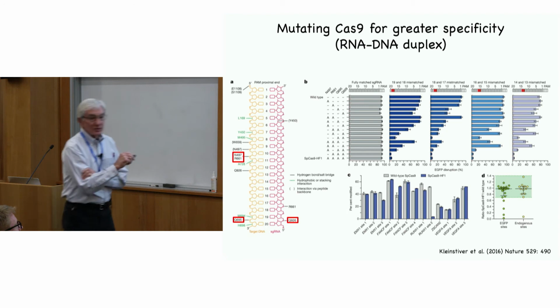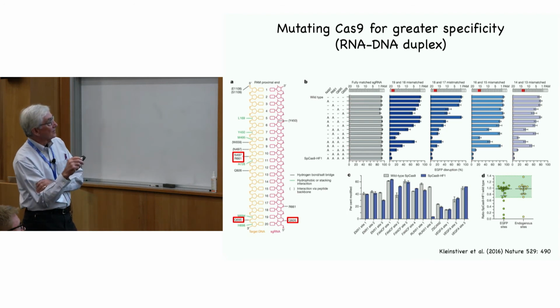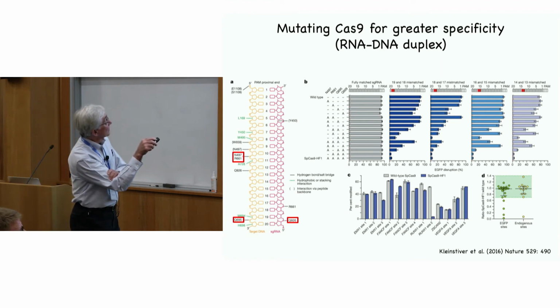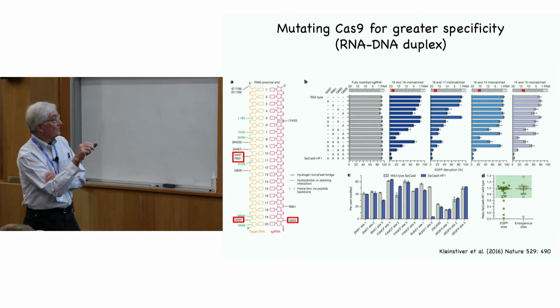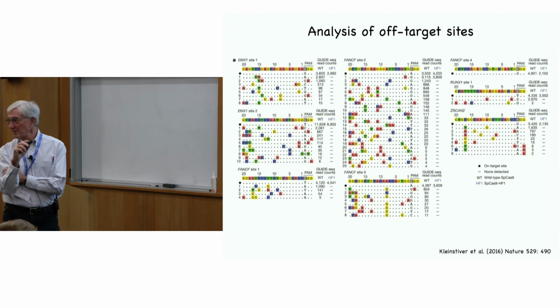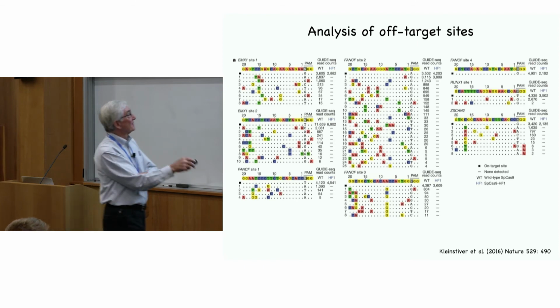And similarly to what the Zhang lab had shown, they found increased specificity by combining a number of these mutations. These are, again, alanine substitutions. This is arginine, asparagine, and glutamine in this particular case. And they did GUIDE-seq on these. They didn't actually, in this paper, do GUIDE-seq on the same target I showed you earlier,